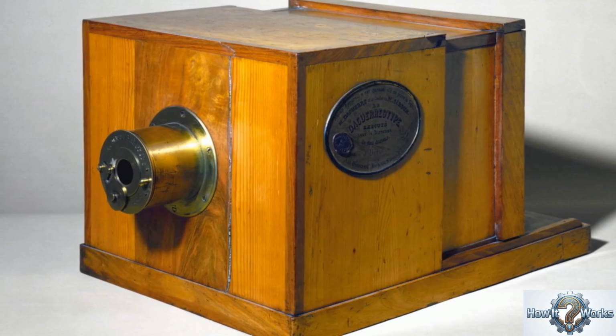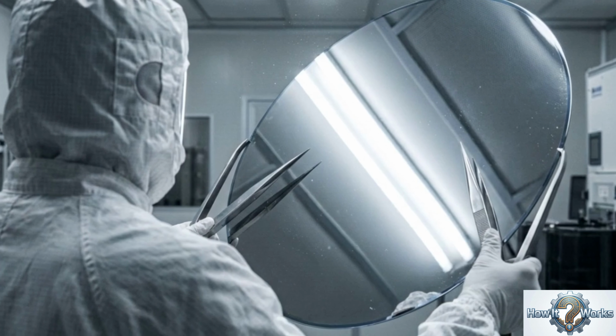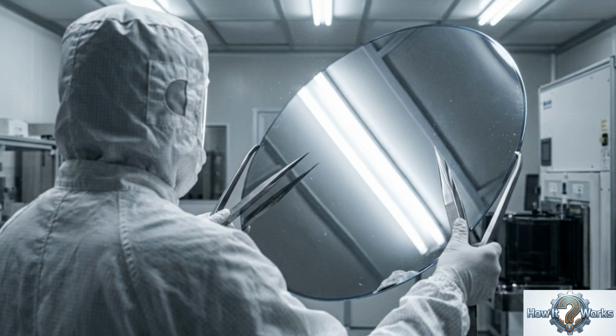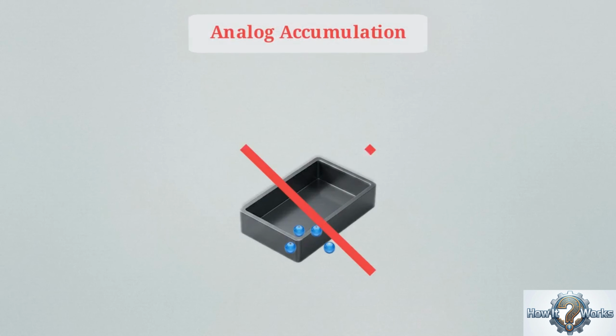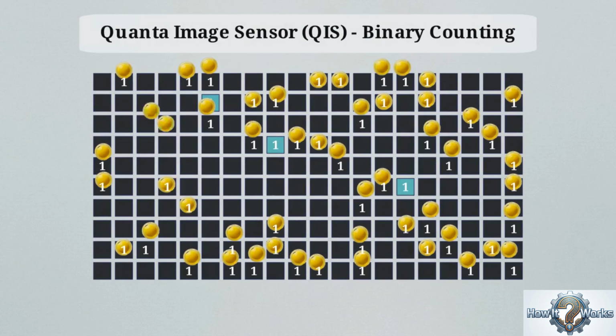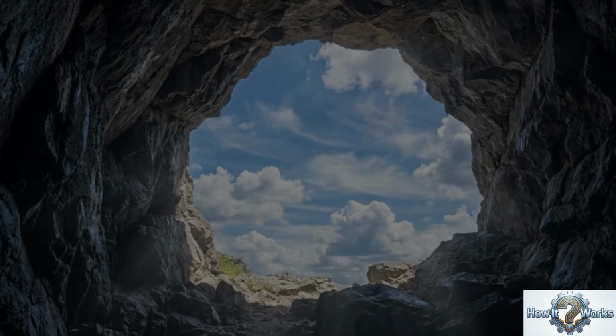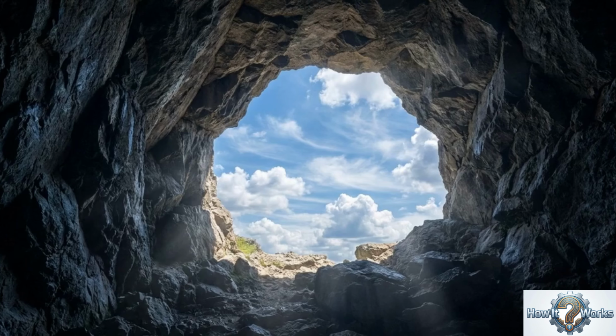nanoscale phase manipulation. In sensor laboratories, researchers are moving past the constraints of CMOS architecture to test quanta image sensors, or QIS. QIS abandons the traditional method of gathering electron wells to measure analog voltage. Instead, standard pixels are replaced by billions of microscopic jots, each capable of detecting and counting single individual photons as they strike. By counting absolute particles rather than measuring voltage, QIS eliminates analog shot noise entirely. It produces a dynamic range that far exceeds the biological capacity of human vision, capturing extreme highlights and total shadows